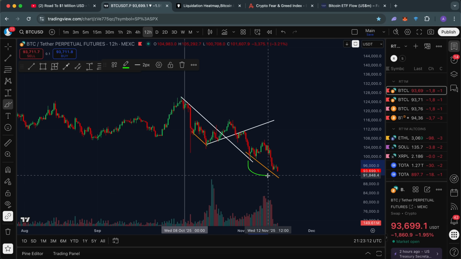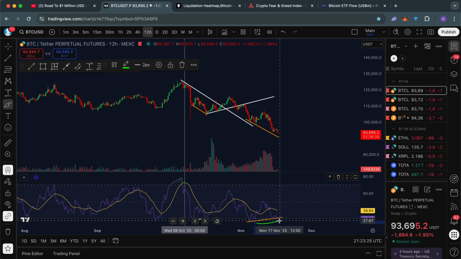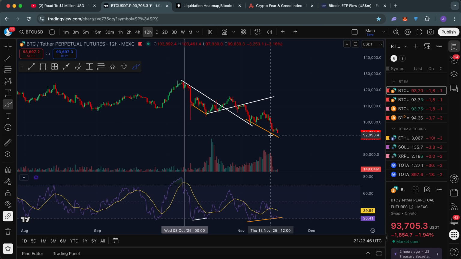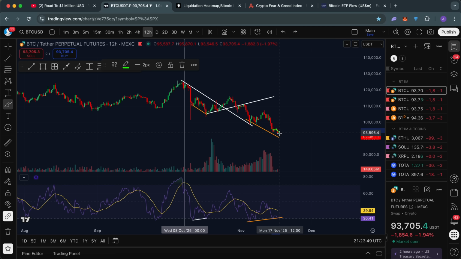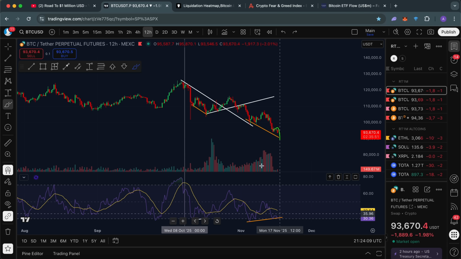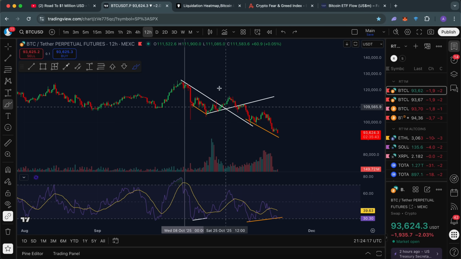For example, a potential bullish divergence here. Same thing as my last video, we had a potential bullish divergence confirming here. And while we did get a slight break from the bearish price action, this is typically not what you see when you see a bullish divergence confirming like this. But there is still a chance of a new bullish divergence forming, even if we continue dropping lower. So long as we're not making a lower low in the RSI momentum indicator on this 12-hour time frame, then it is technically still possible that we do end up getting some kind of bullish divergence out of here. So that is one of the potentially bullish signals that I wanted to point out in this video.